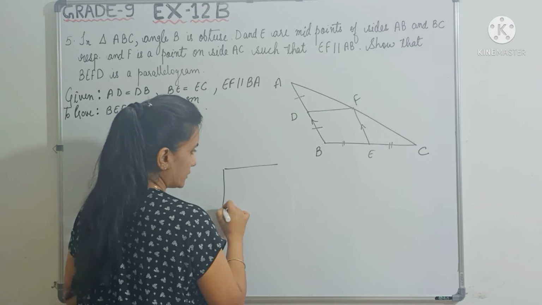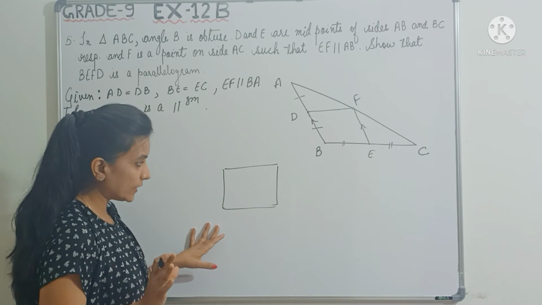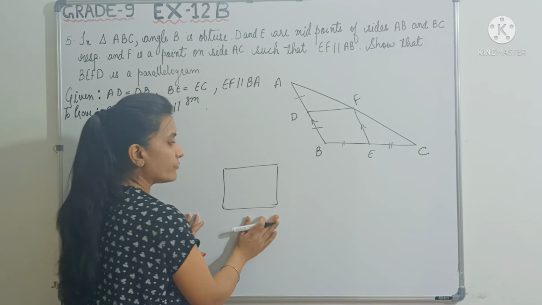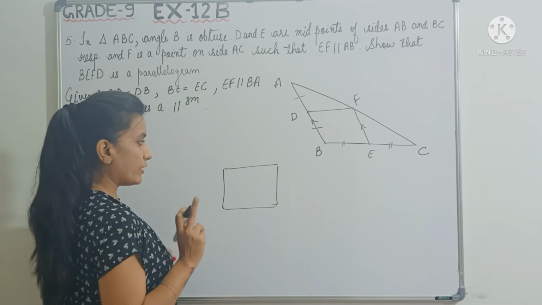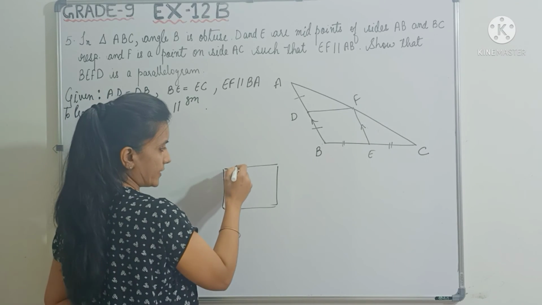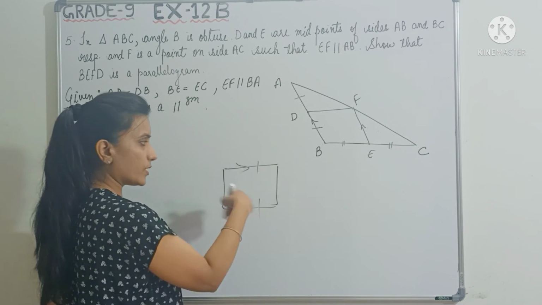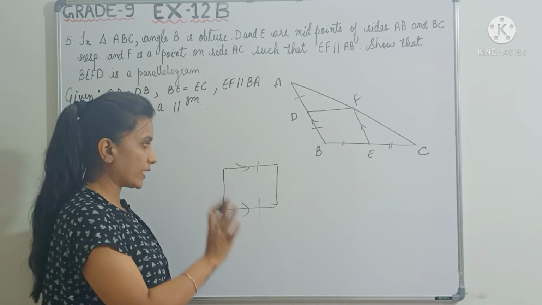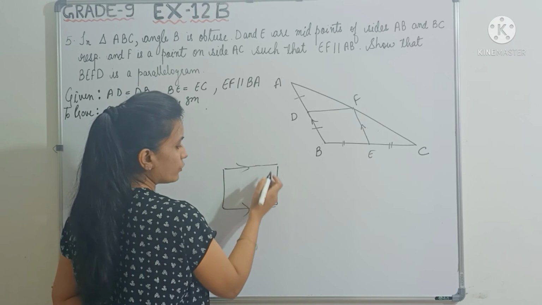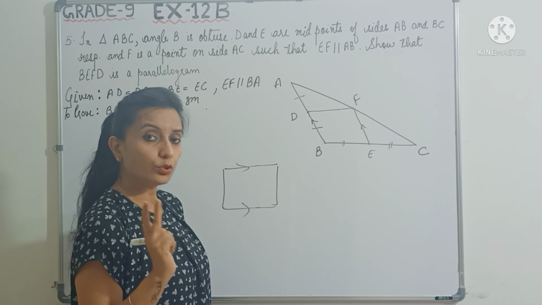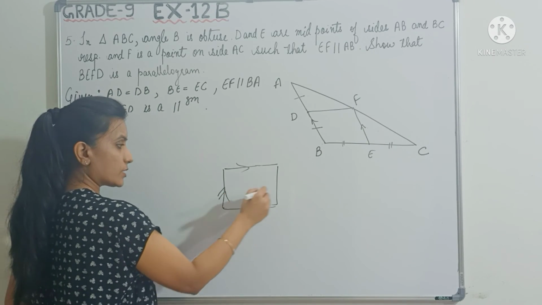Now first you all should know how to prove that any quadrilateral is a parallelogram. I have already done this before. Let me just quickly recap. So this quadrilateral will become a parallelogram in 3 ways. What are those 3 ways? Let's quickly recall. So if you show that one pair of opposite sides, let's say these two, are parallel as well as equal, then this becomes a parallelogram, right? This is one way of showing any quadrilateral is a parallelogram. Now second way is what? Second way is if you show that two pairs of opposite sides are parallel. Let's say these two are parallel to each other as well as these two are parallel to each other.